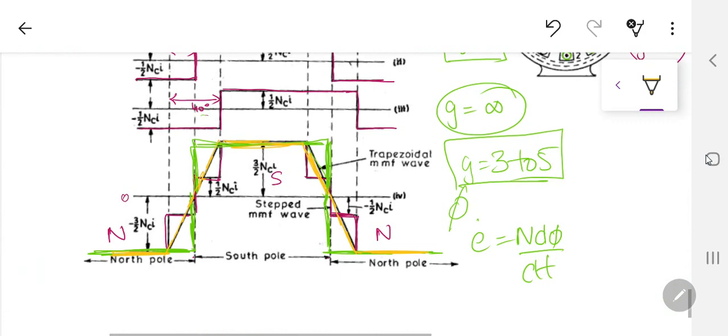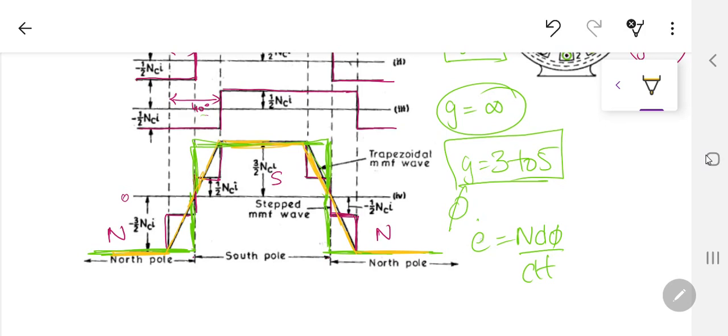But just for now, the main point is that the space harmonics are those harmonics which are being produced because of the winding distribution inside the induction machine, and they are produced because of G equal to 1 if it is a concentrated winding. And if it is a distributed winding, if you can theoretically or practically make G equal to infinity, then space harmonics are practically non-existent. But since it is not possible to have more than like 5 or even 6 as the G value, it's not practically possible that you can have the space harmonics reduced.